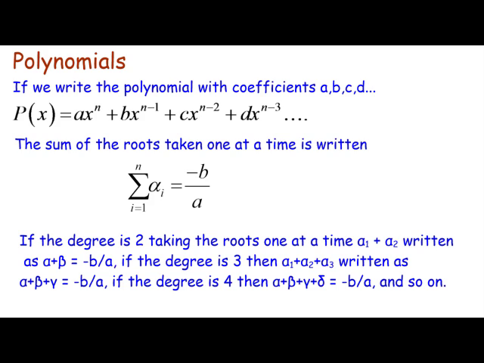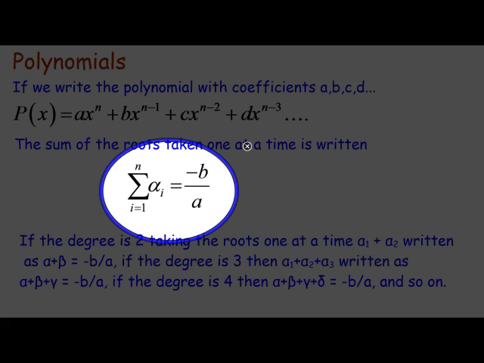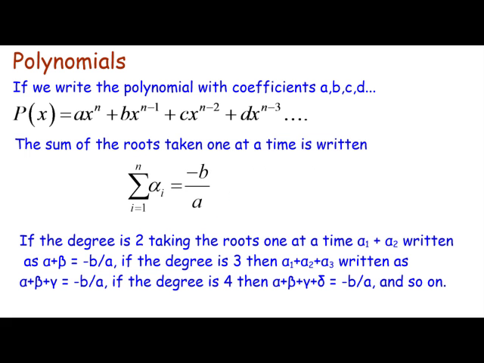You can see here sigma alpha i equals minus b on a. That just means the roots are taken one at a time from 1 to n. Now n is obviously the degree. Depending on the degree, that will indicate the number of roots we have, because the fundamental theorem of algebra says that we have at most n roots to a degree n polynomial. Degree 2, we know that we have alpha 1 and alpha 2,